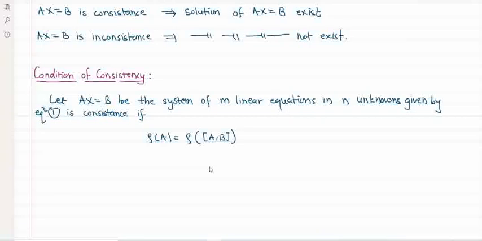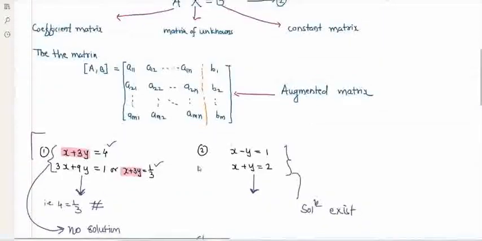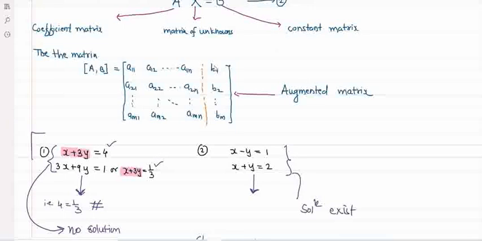Now, how to find the rank of A and AB in one stroke? If you close the last column,